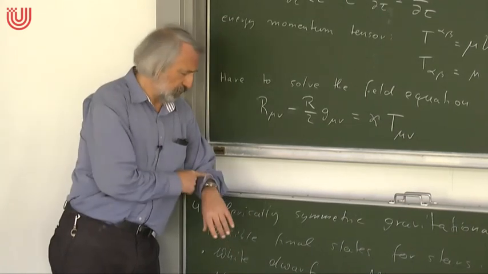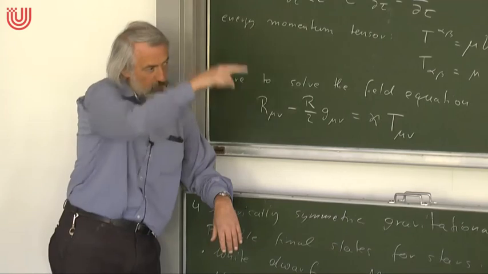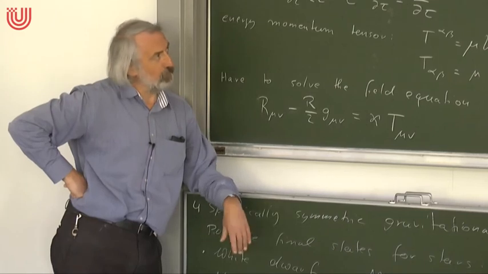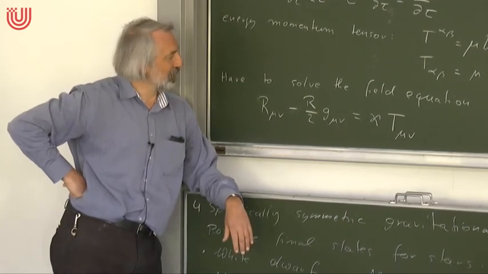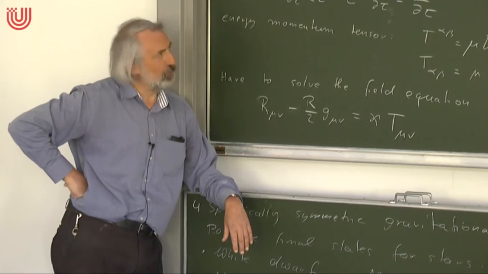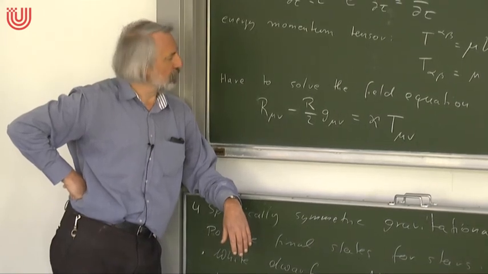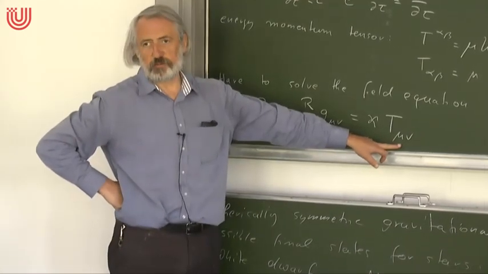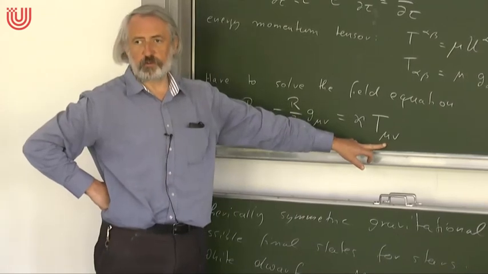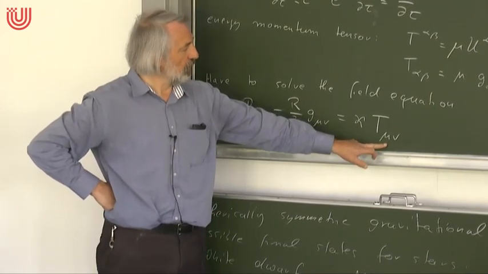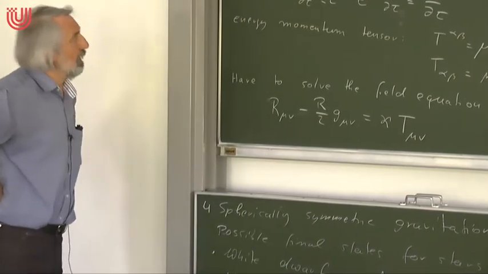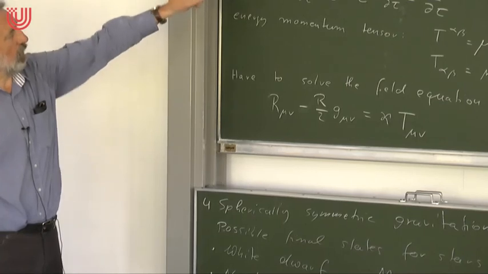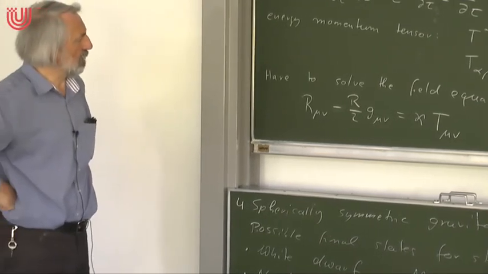But I won't do this today because these are 4 coupled partial differential equations, which would fill about half of the board. And if I had written them down, then the hour would be out. So what we do next time is we write down these equations. So only in one expression we have a non-zero term on the right-hand side, yeah? In the tau-tau component. For all other expressions we have 0 on the right-hand side, but in one component we have something different. And then we end up with a system of partial differential equations for these functions lambda and y, and we have to solve this. We will do this next time.